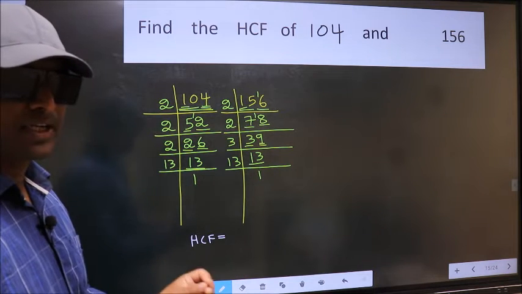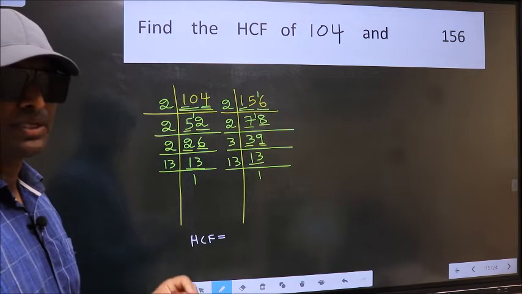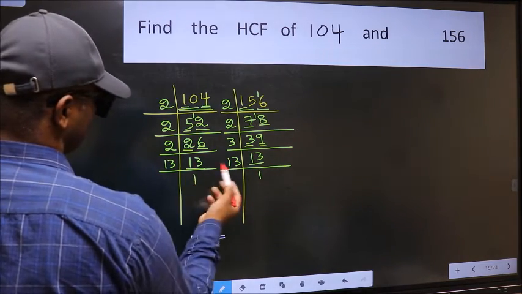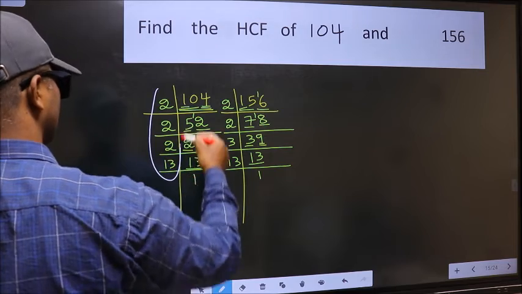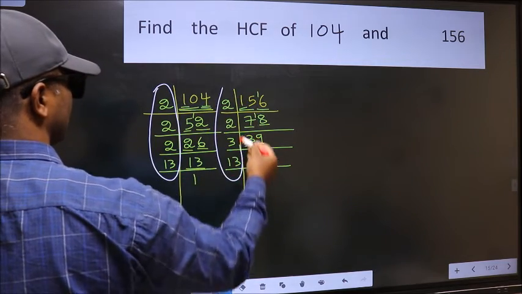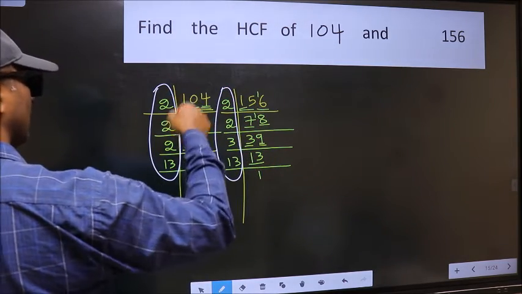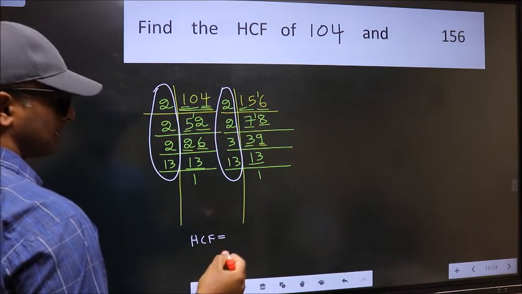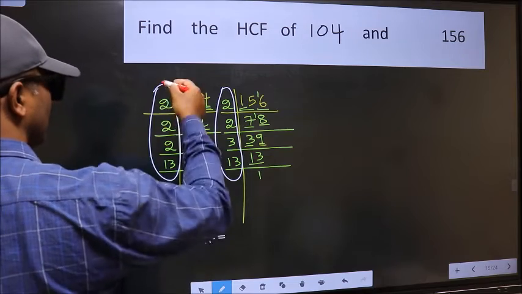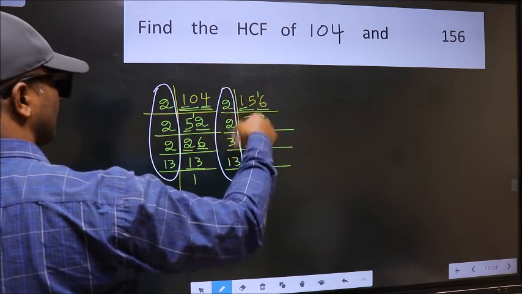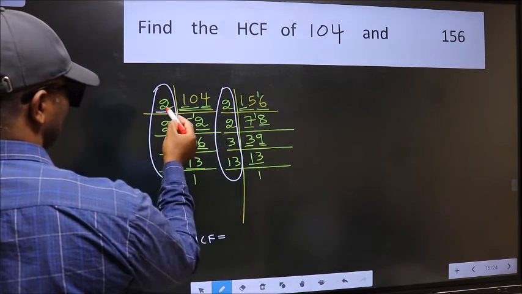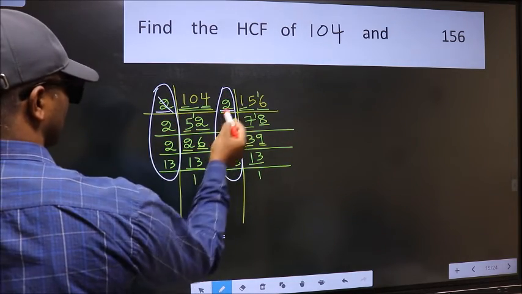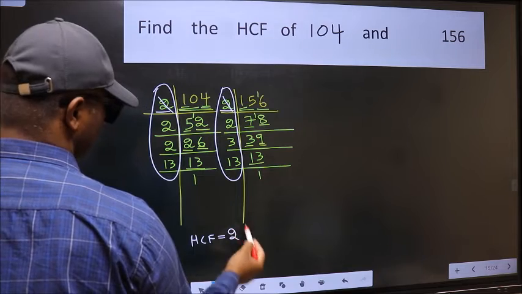the product of the numbers which should be present in these two places, that is here and also here and here. So now let us find the numbers which should be present here and here. Starting with the number 2. Do we have 2 here? Yes. So cut 2 right here.